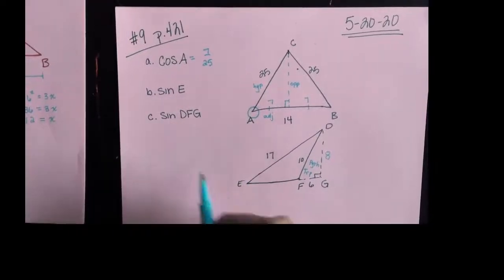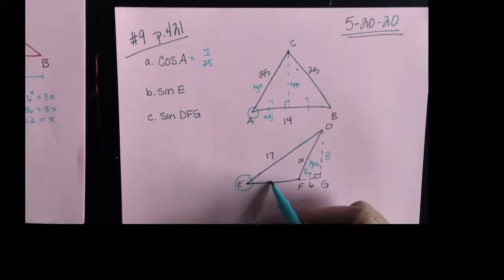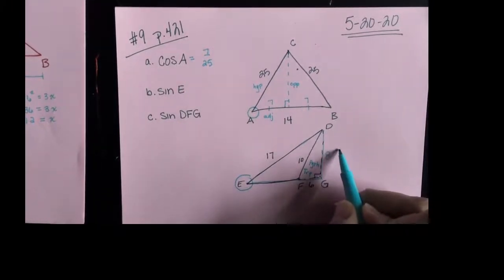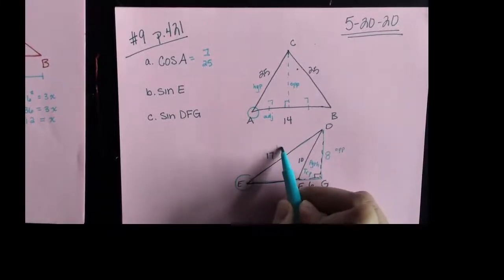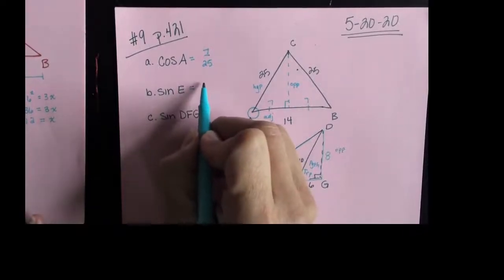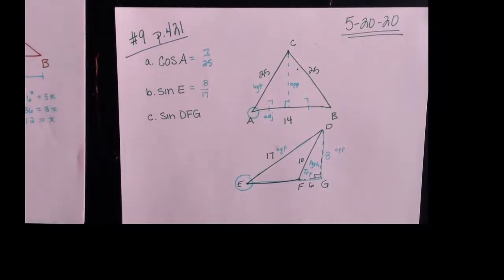Now looking at sine E, we're going to work with this whole big right triangle. And so 8 is actually our opposite side, 17 is our hypotenuse. So when we want to do sine E, 8 over 17 is our answer. Then it switches gears and it asks us to figure out